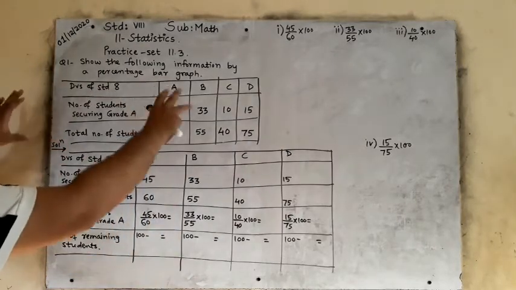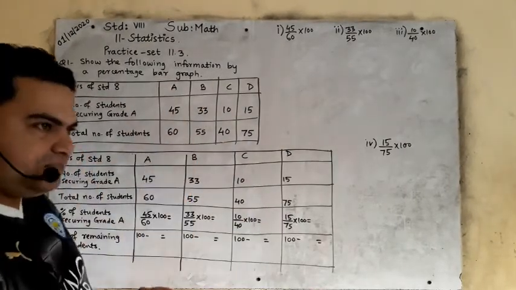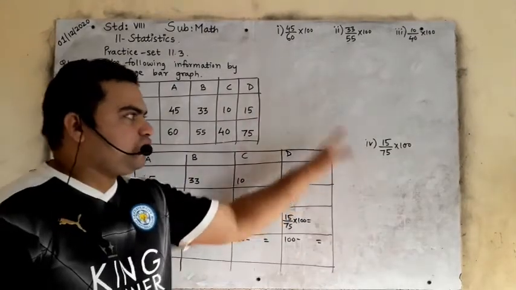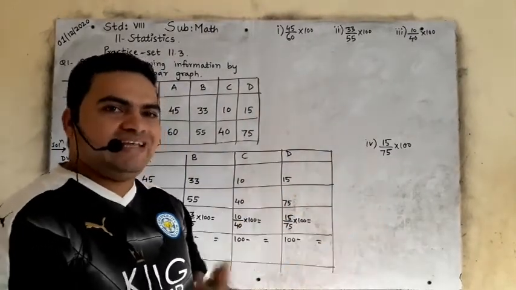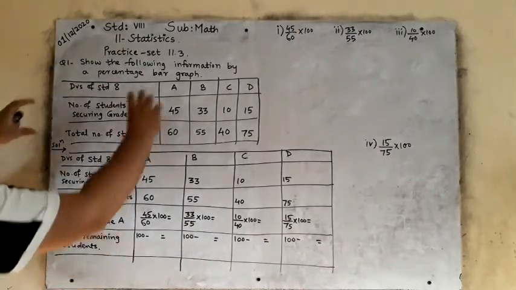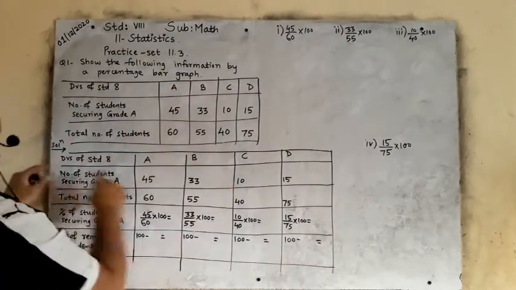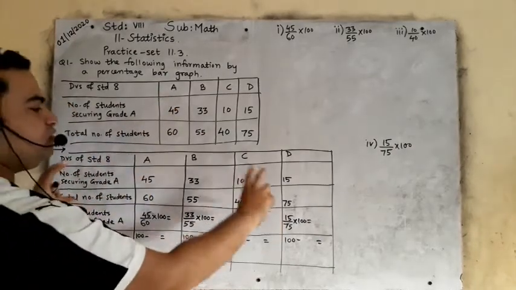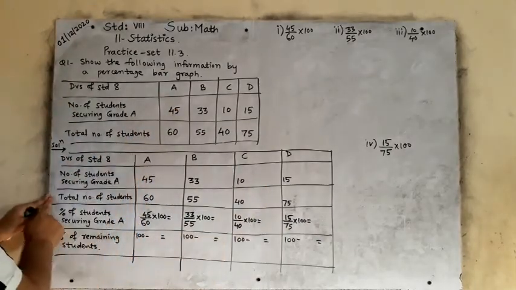Now this is the question, and we have to draw a percentage bar graph. I don't have space to draw a percentage bar graph, but I will explain it. You will draw it in your graph book only. See here, first I will copy the table in the answer solution. I will copy the question. Okay, till here, number of students.